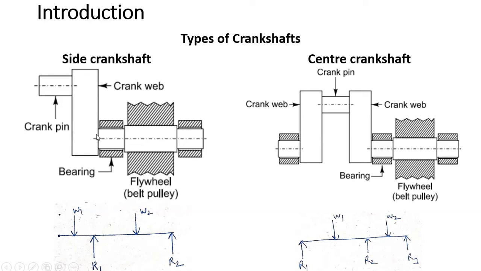So basically the materials which we use in both types of crankshafts are plain carbon steels and alloy steels, in order to withstand the bending and twisting movements generated by the forces and reactions in a complete assembly, because W1 and W2 will create the bending, and R1 or R2 will create the equivalent twisting also. So we have to study all these forces and their behavior, what is the action of these forces on the system.